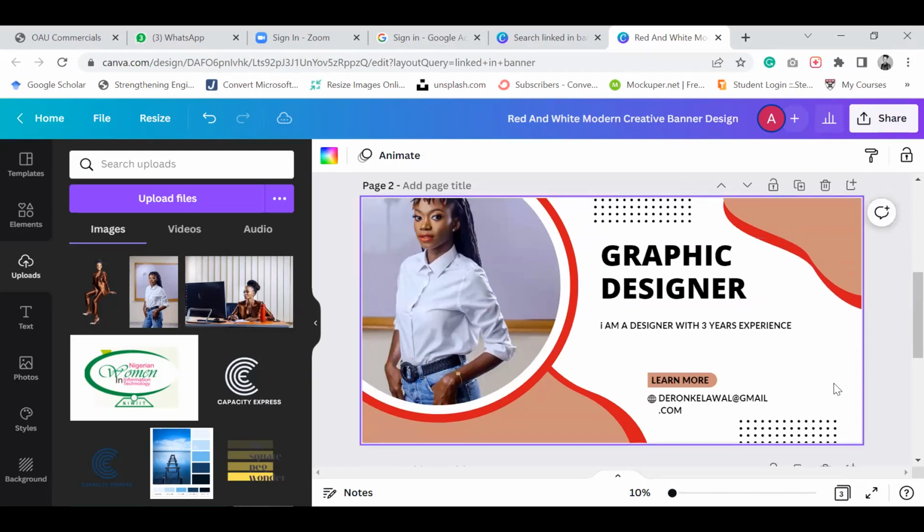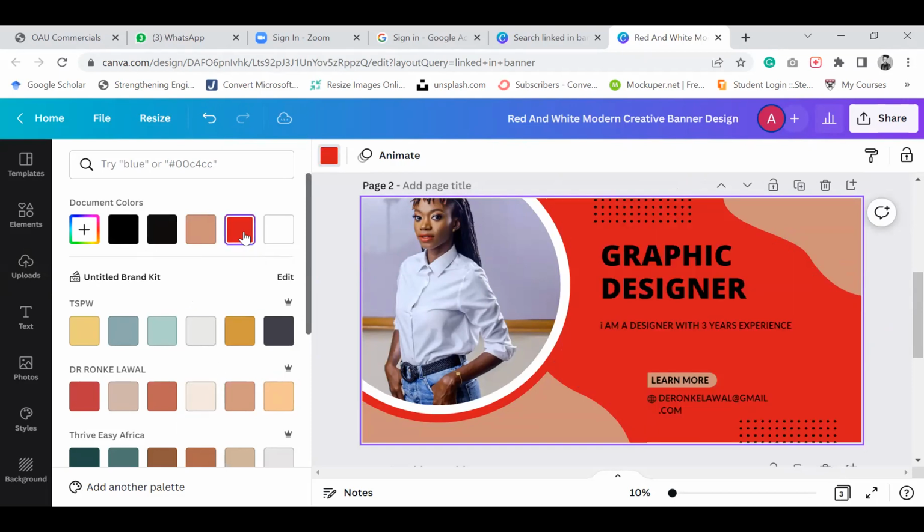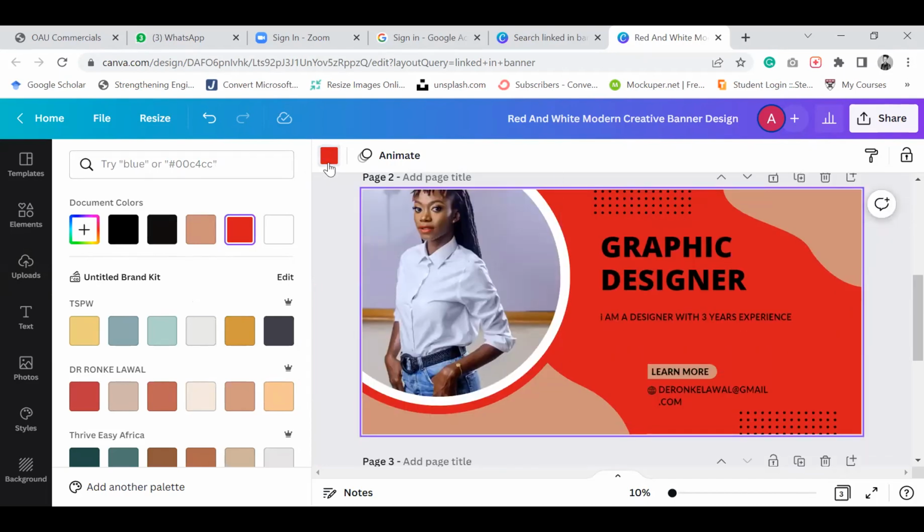So if you click on your page and you have that purple line around it, you can come up here. There's this rainbow color square that says background color. You hover your mouse over it, it's background color, and then it brings in a whole lot of colors for you. So you can pick, let's say I want to pick red. So now I have something that is different from that first one. Color is, there's a screen on top. You have to click